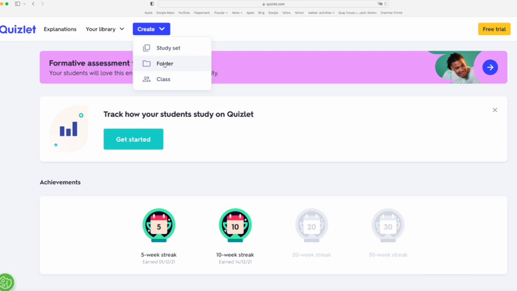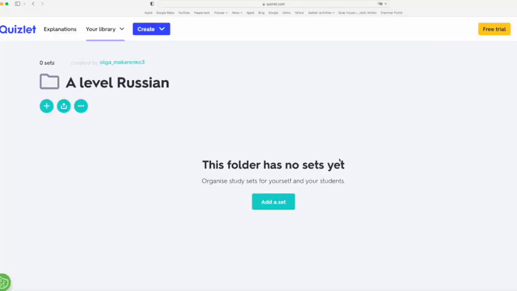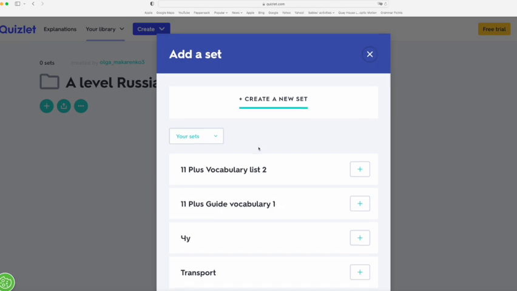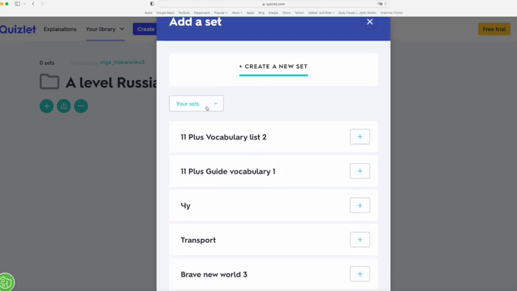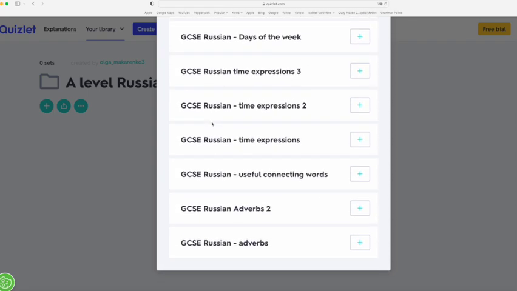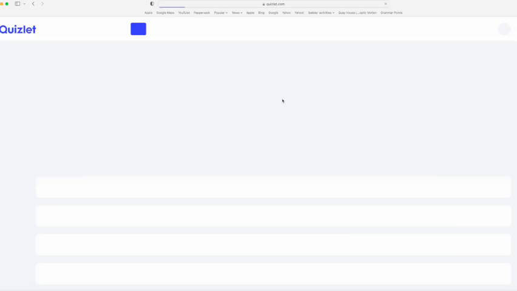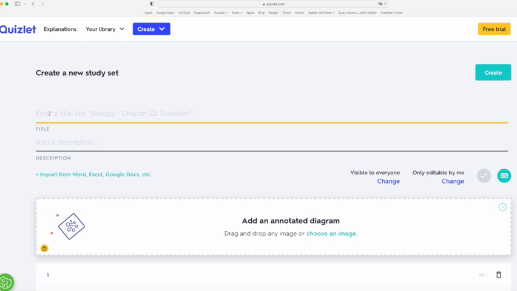Then you go to the Create button, choose Folder, and then create a new folder which we call A-Level Russian, and then you press the button Create Folder, and then you add a new set. As you can see, I've already got loads and loads of sets for various subjects, mainly GCSE. So you need to create a new set, which you can call, for example,